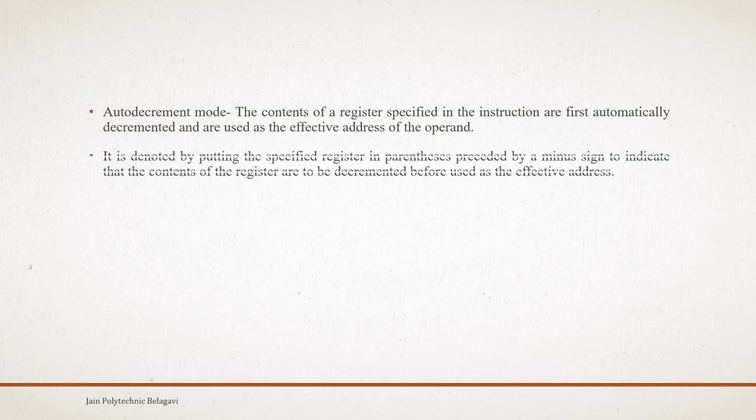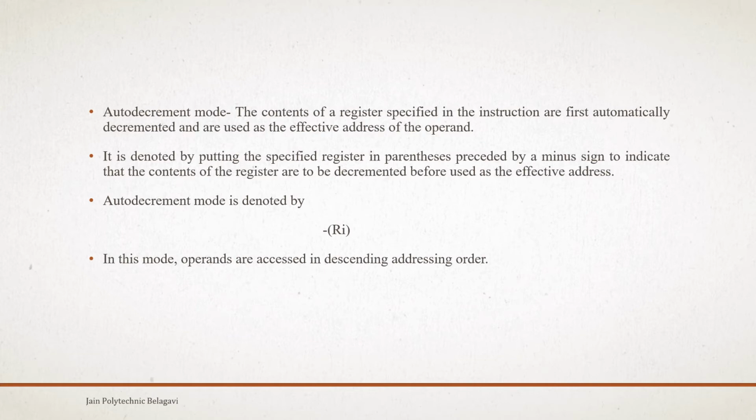address of the operand. It is denoted by putting a specific register in parentheses preceded by a minus sign. The minus sign indicates the contents of the register will be decremented before it is used for finding the effective address. As you can see here, minus bracket Ri means first the content of Ri is decremented. So if it is at the fifth location, it is first decremented to 4, and then we find the effective address of the operand. In this mode, operands are accessed in descending address order. So first we decrement the address and then we find the